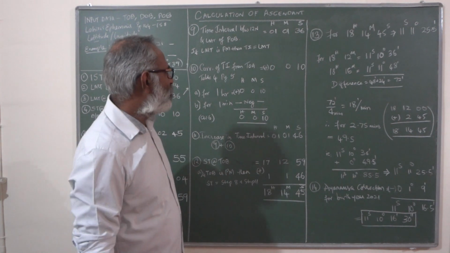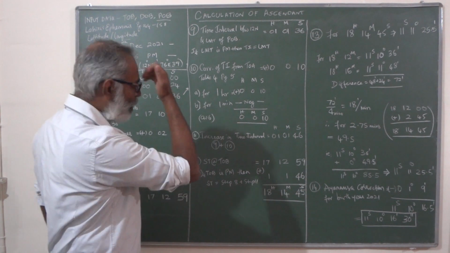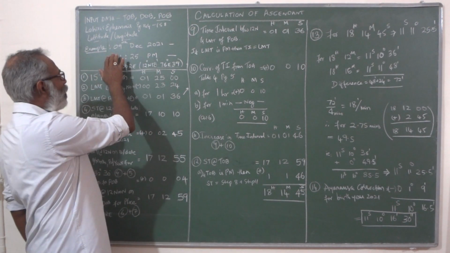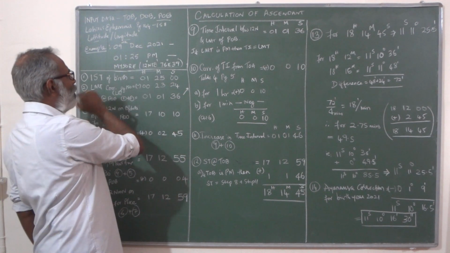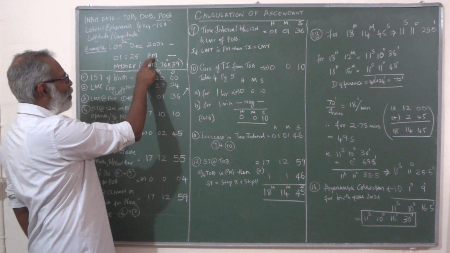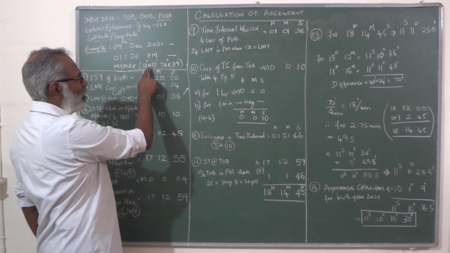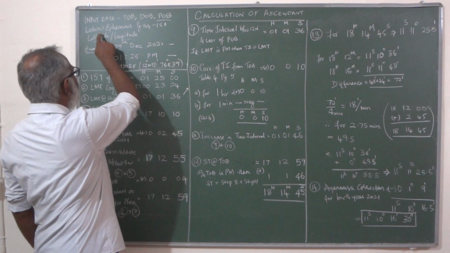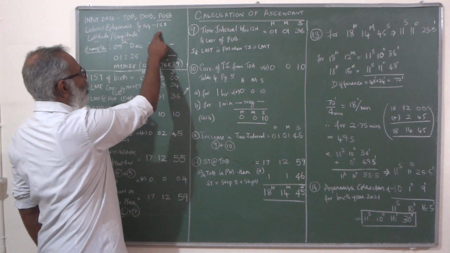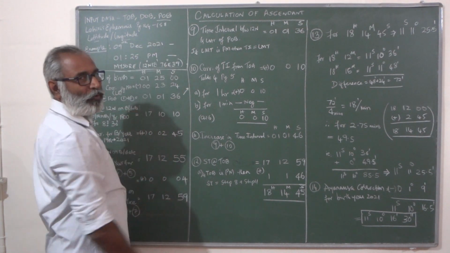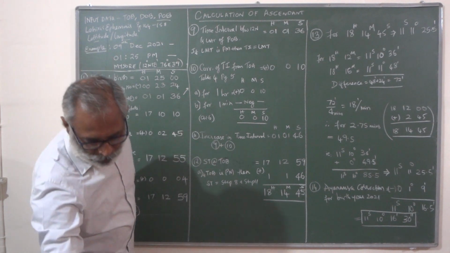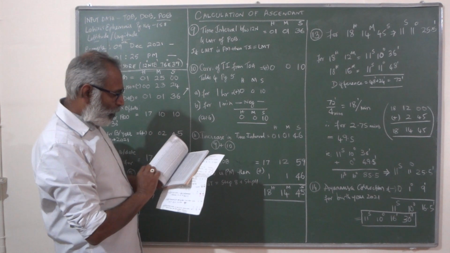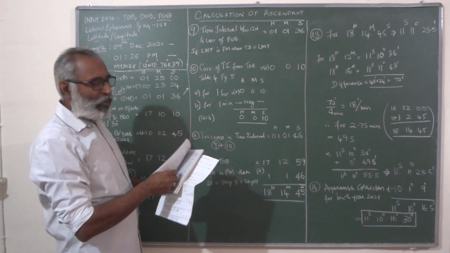Today I am taking an example of a baby boy born on 9th of December 2021 at 1:25 p.m. in Mysore. The latitude and longitude of Mysore we can get from Lahiri's Ephemeris between page numbers 144 and 158. As per the 2021 Ephemeris also, it is the same page numbers. So you go to 144 to 158, and you get those lists